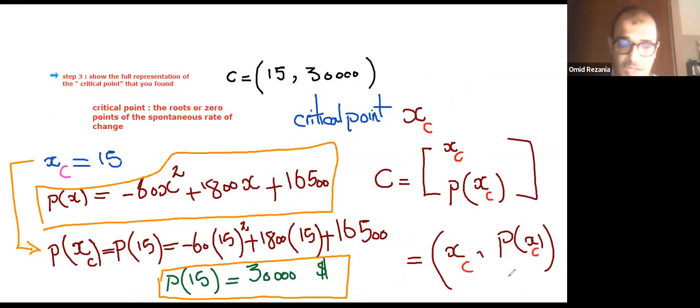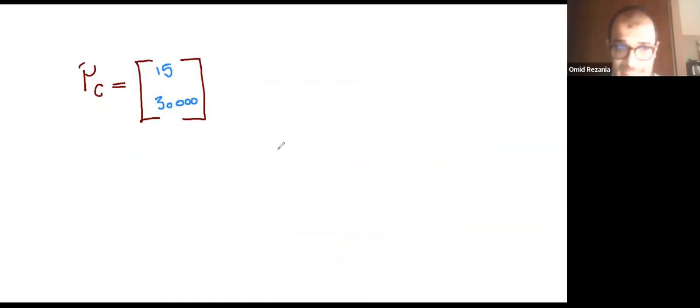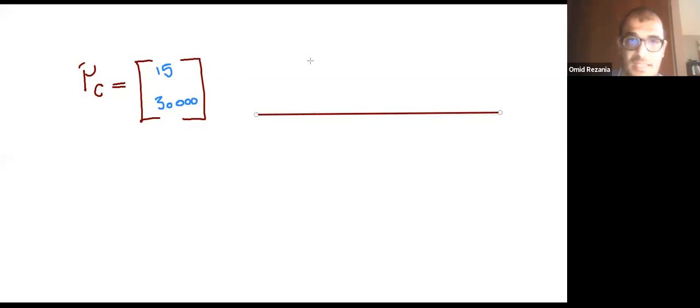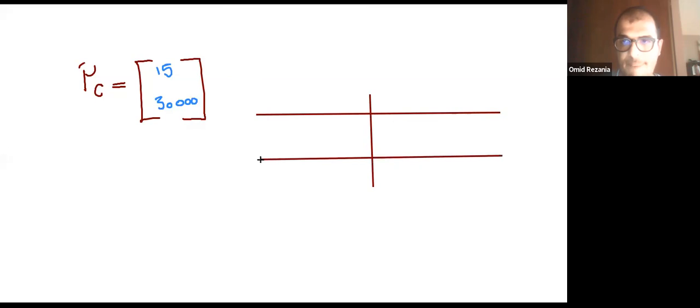But we do not want to always just rely on the plot. We are looking for a case where our model should be independent from our plots. We do not need to use the plots anymore. In order to do that, I'm just going to come here and draw a graph. It's going to be this. And now